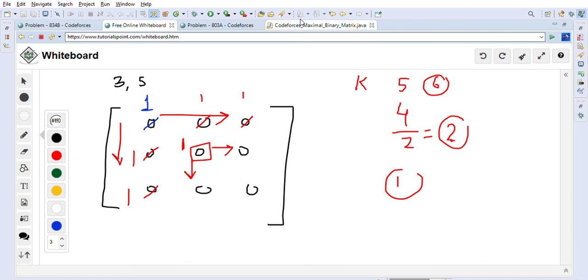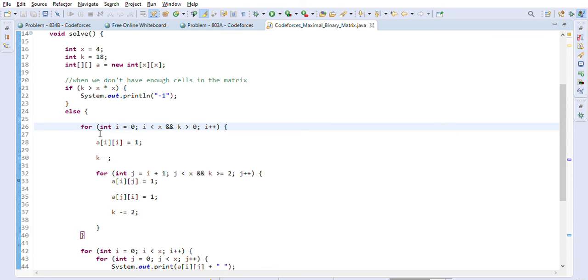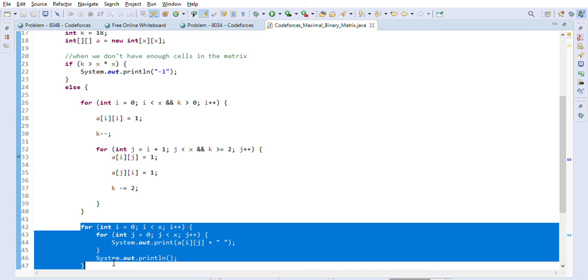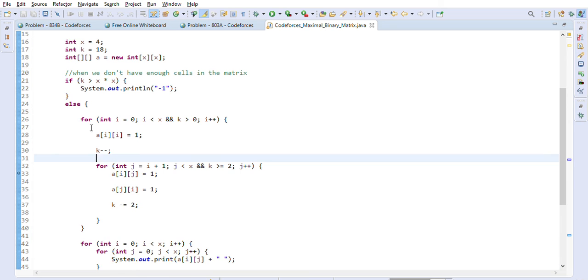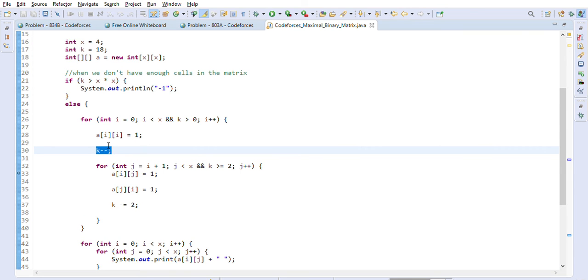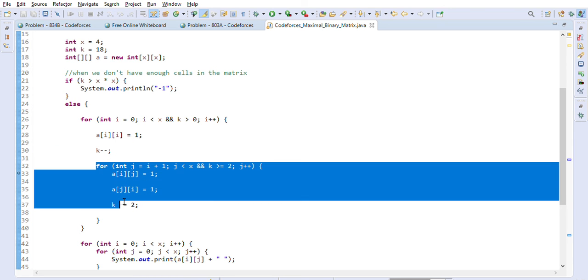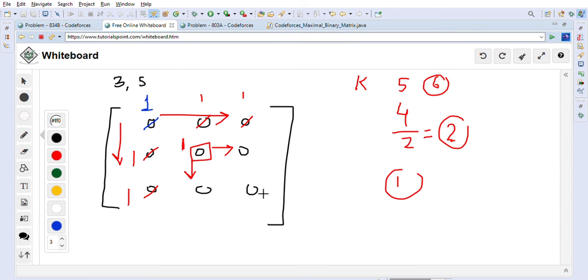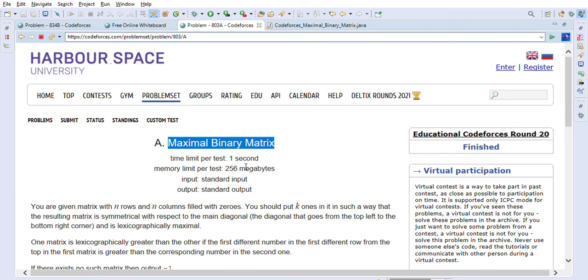And then the implementation is pretty straightforward. We just implemented using these for loops, and then after that we have just printed the modified matrix, right? And in this for loop, we always keep track of how many ones we are using by using k minus minus whenever we use one. And whenever we have a pair of ones available, we always use the pairs first, and try to expand as much as we can until the pairs are available for us and there is space to expand, right?